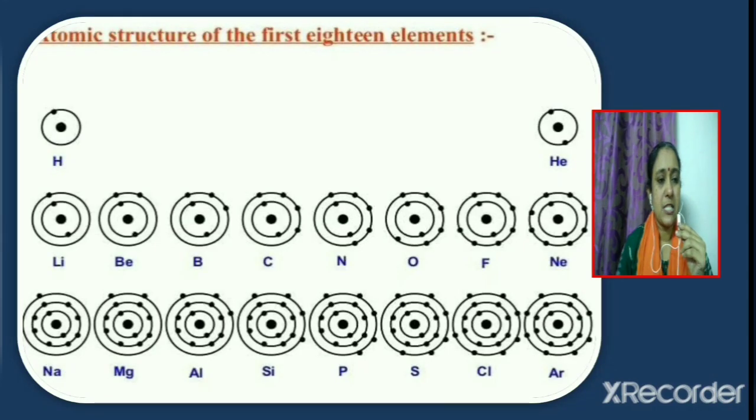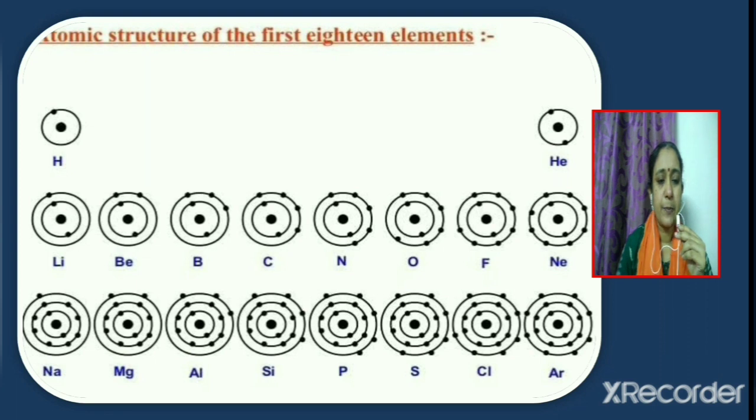In the previous class, we have discussed the schematic atomic structure of elements. Hydrogen, 1 electron is shown in the K shell. Helium, 2 electrons in the K shell. Now, if we take for example sodium, number of electrons 11, 2 electrons should be shown in the K shell, 8 electrons in the L shell and 1 electron in the M shell.